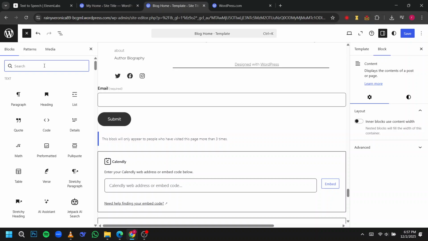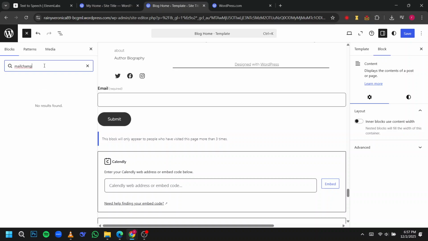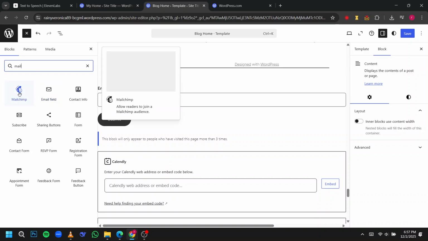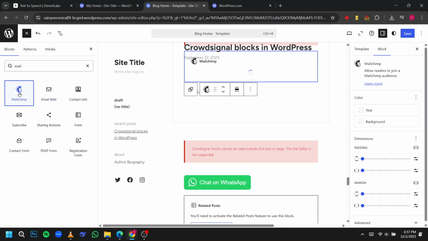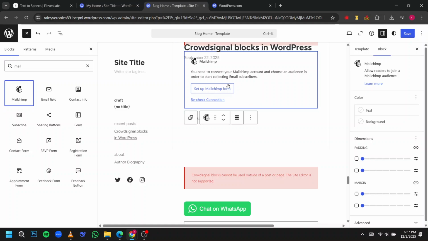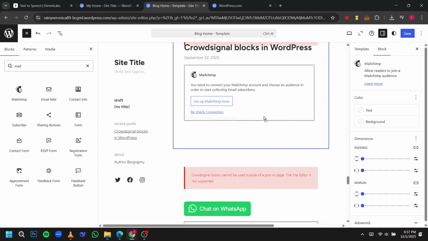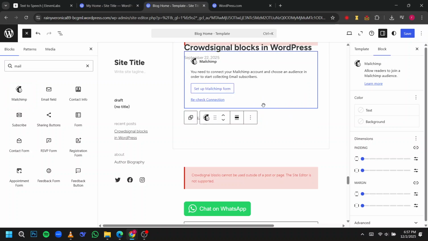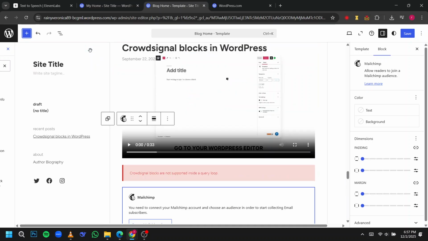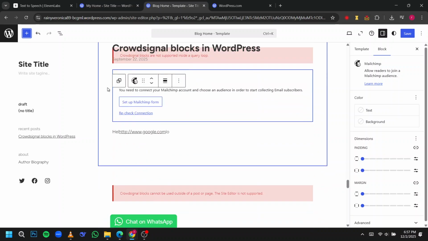In the search bar that appears, type Mailchimp. When the Mailchimp block appears, click on it to add it to your page. This block is versatile, allowing you to create both inline sign-up forms and pop-up forms that match your website style. Once the block is in place, you can customize it to match your brand's colors, fonts, and layout. Adjusting these settings ensures the form blends seamlessly with your site while making it attractive and easy for visitors to